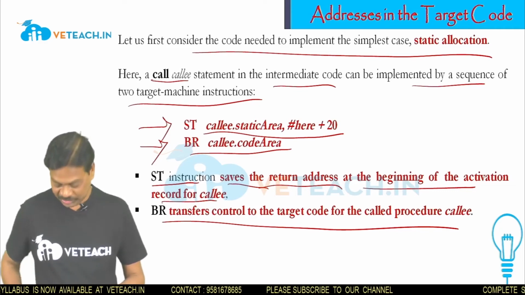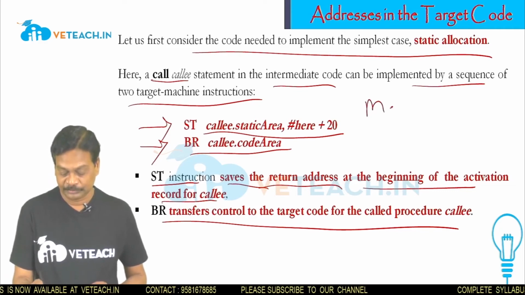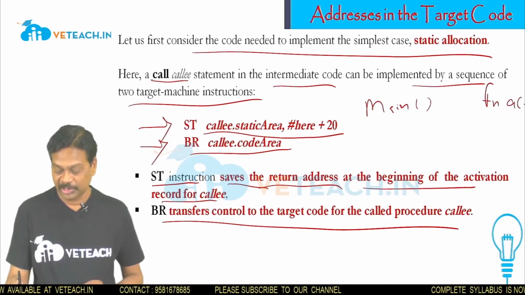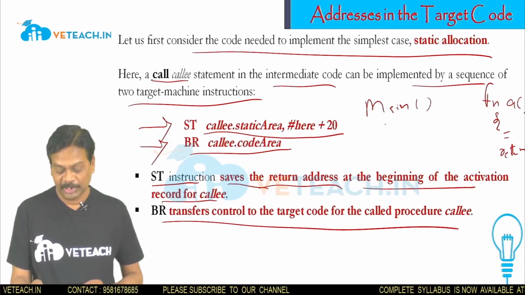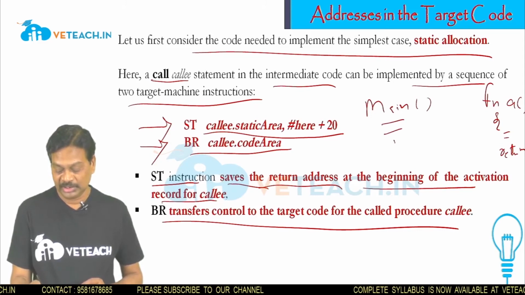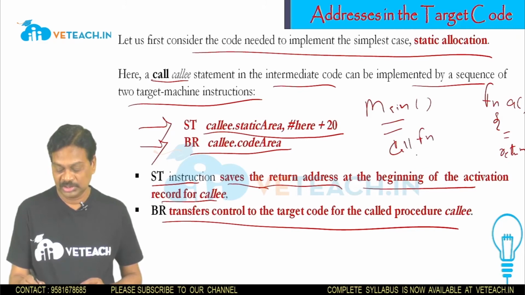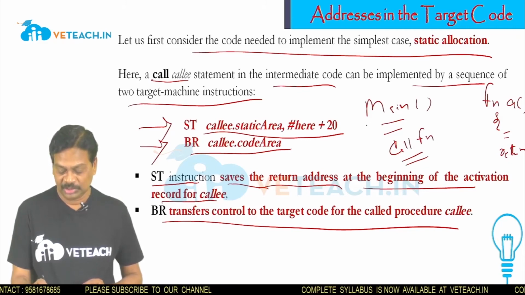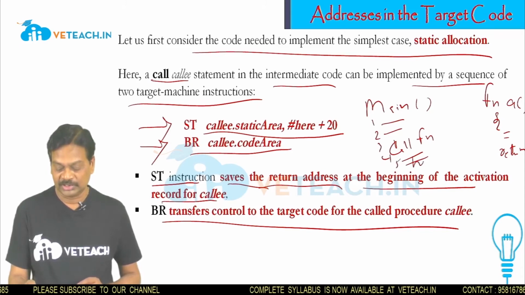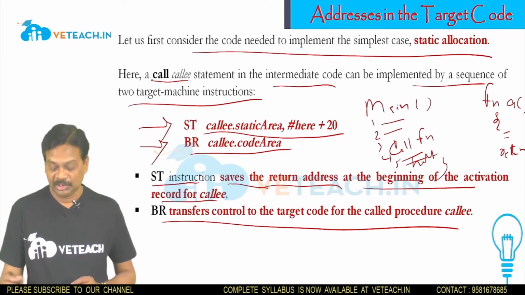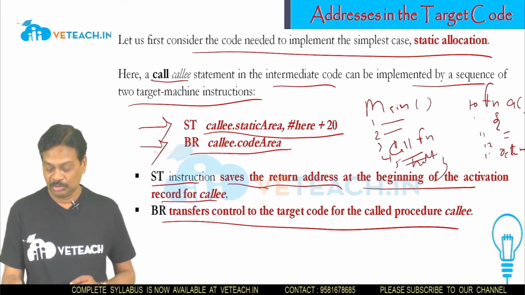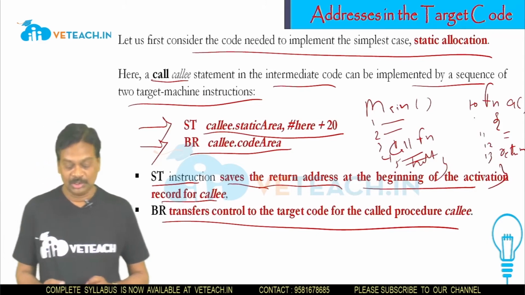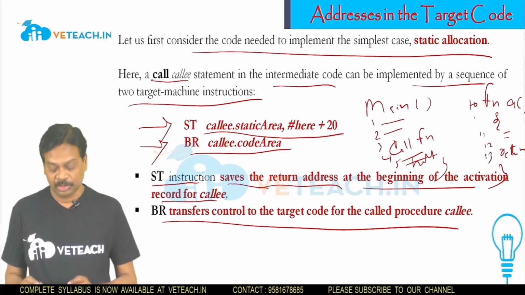Just as we have discussed, there is a main program and a function by the name A. In the function, the last instruction is the return. The main program is calling the function with call. For example, the memory locations 1, 2, 3, 4, 5 were allocated. This is the halt, for example. And the function starts from the addresses 10, 11, 12, 13.